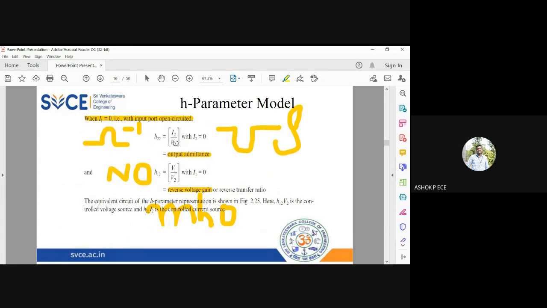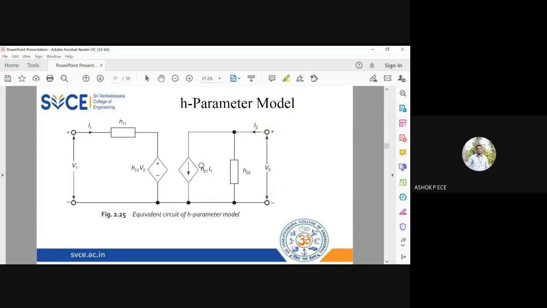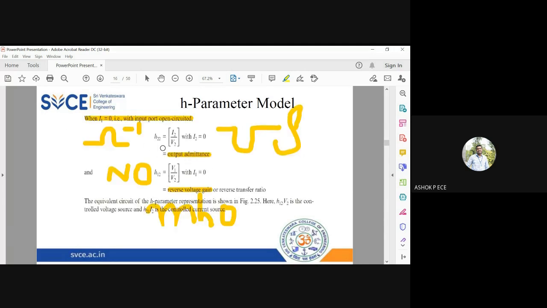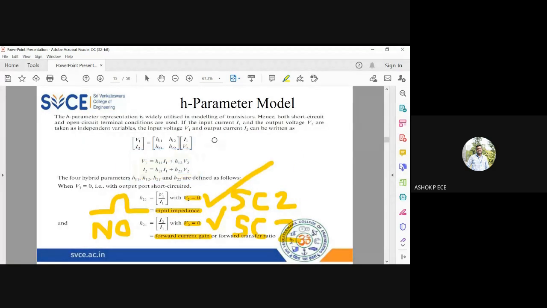So if I do that, I will get all the 4 parameters in terms of the known parameters V1, I1, V2, and I2. Okay, and from this I can draw the H parameter equivalent diagram. See, this diagram is from the 2 equations. V1 equal to H11 I1 plus H12 I2. Voltage gets added in series, correct? So everything is plus, so you have to draw this element and this element in series. You understand? See the first equation.